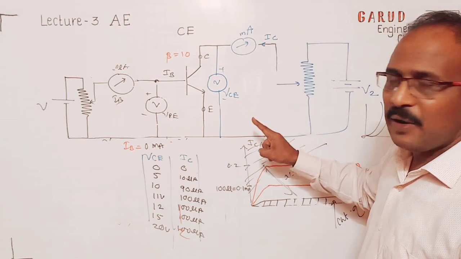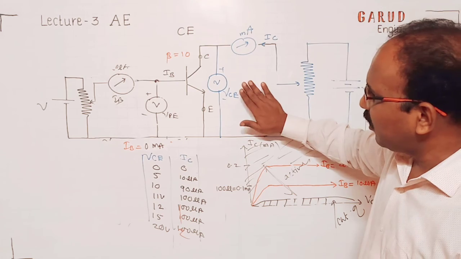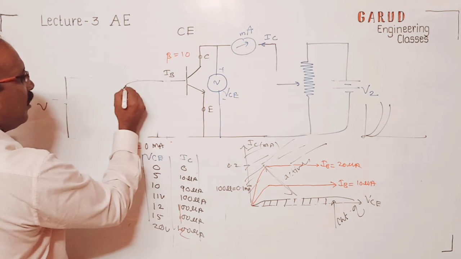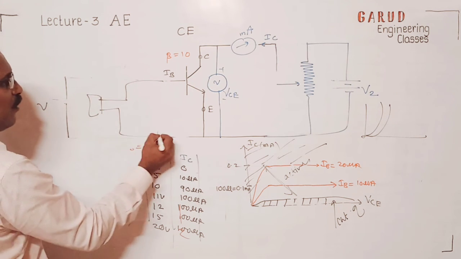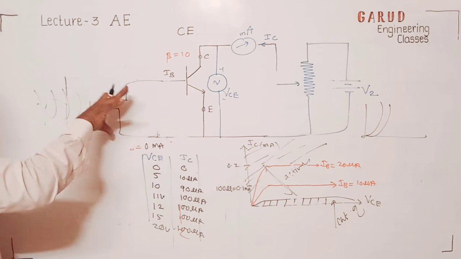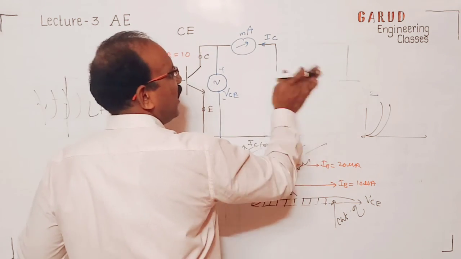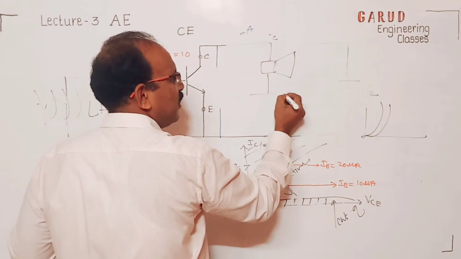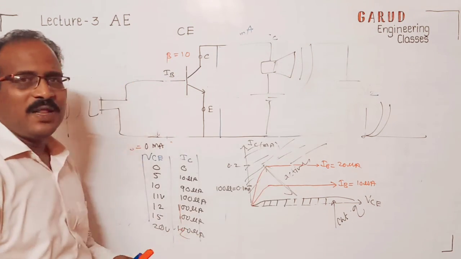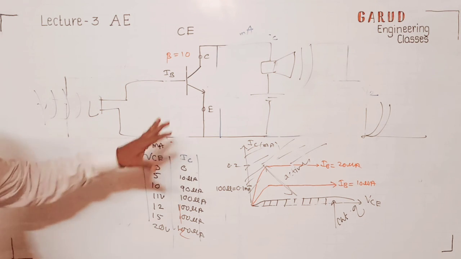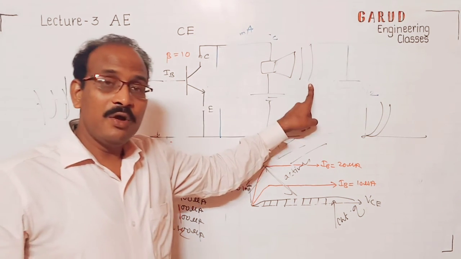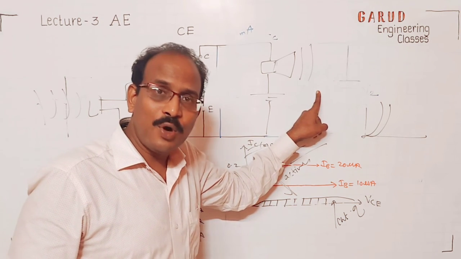So in the next lecture, what will I do? I will treat this as an amplifier. Means I will connect a mic here. I want to speak, I want to use it here, I want to check. I will speak here, and here I will connect the supply, and I will connect a speaker here. I want to check whether this is amplifying properly or not. This is an amplifier now, so I will give sound as the input, and here I will check whether you are getting an amplified version of that.